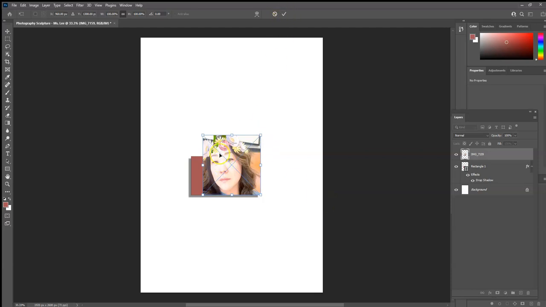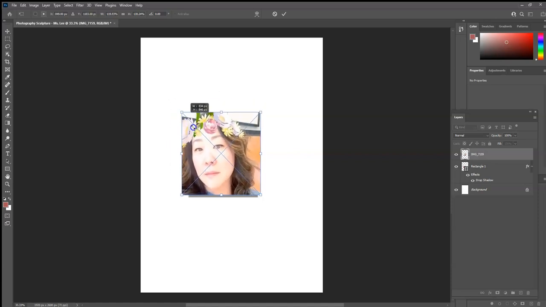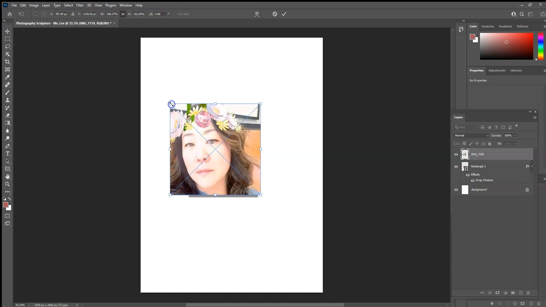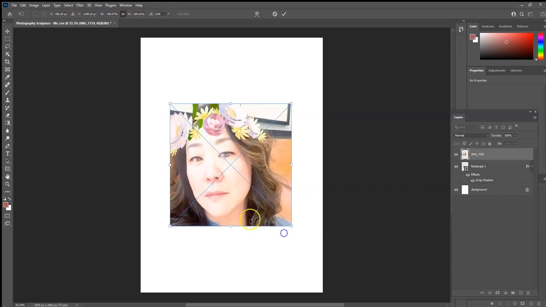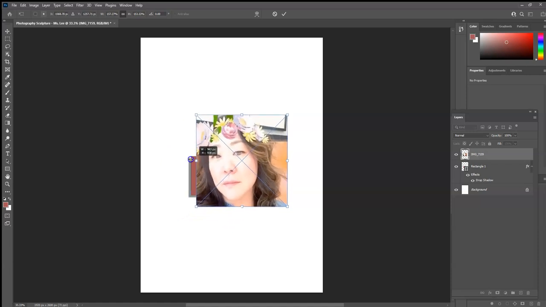Before I click the check button, this is a time when your image has the X and these guidelines around it. That is a chance for you to be able to transform, which means changing size. And when you change your size, on anything ever, you always want to press the shift button as you move it up and down. What that does is guarantee that your picture will scale big or small within the proportion. If I don't press the shift button, you'll notice that when I scale things,